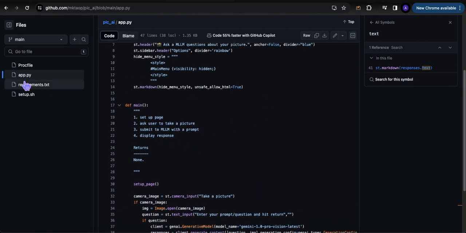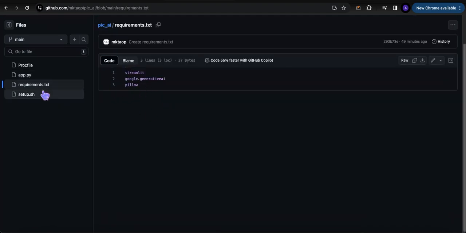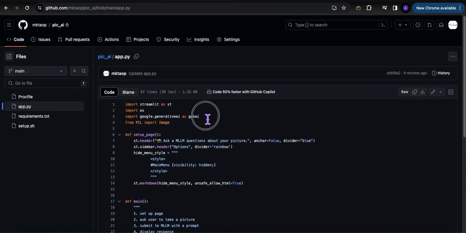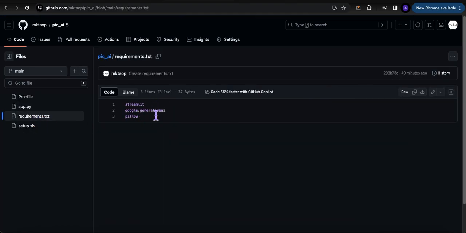All right, so this is the code. In order to deploy this app onto Heroku, there are three other files that we need to provide. One is a requirements text, which is basically the libraries that Heroku is going to have to install on our behalf for this app to work. So we have to list them out: Streamlit, Google Generative AI, and Pillow. That's the one that allows us to open and load the picture. And then there are two files that are required by Heroku,